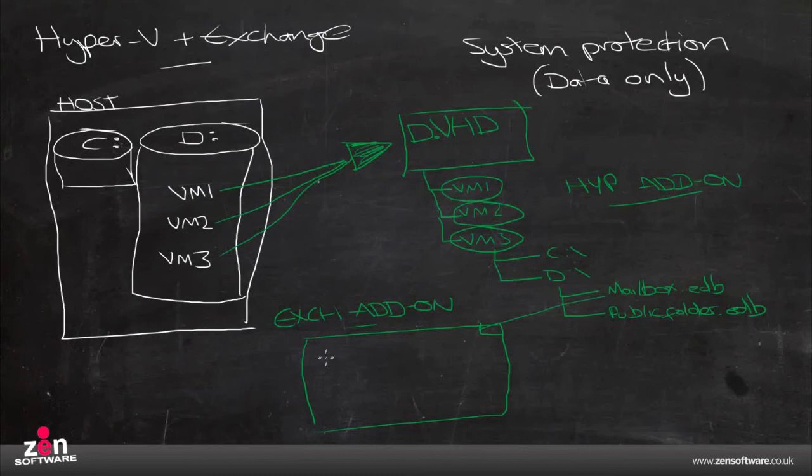And by looking at the previous version of that EDB file, you can then see all of the user's mailboxes, which would include a folder structure, a calendar, the contacts, the tasks, all of their email, and you can drill down specifically to individual items, individual messages, or select multiple messages,